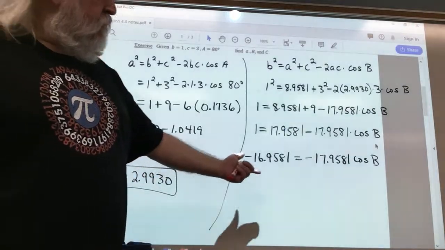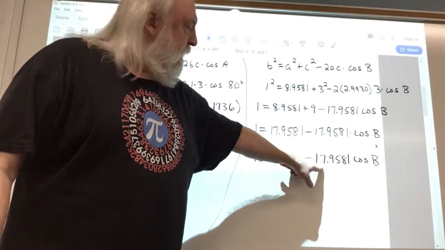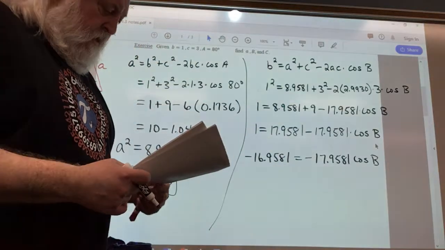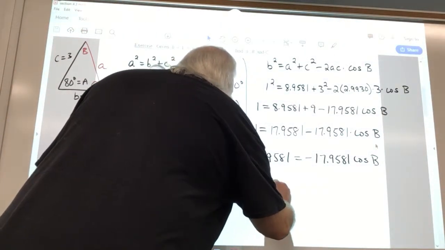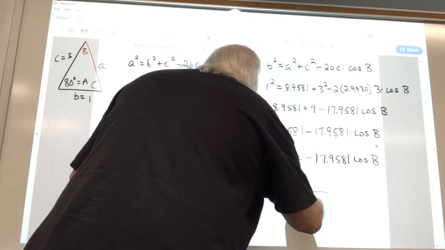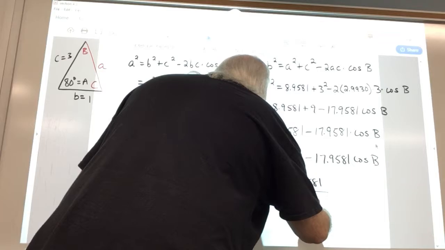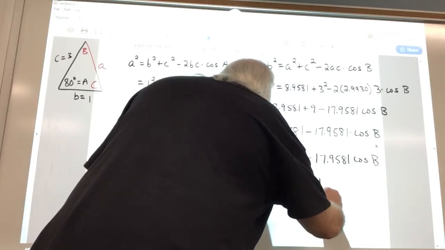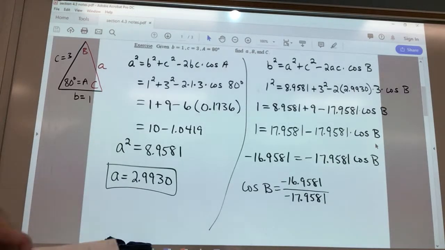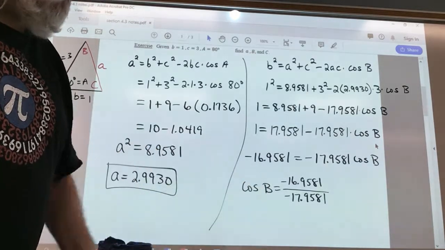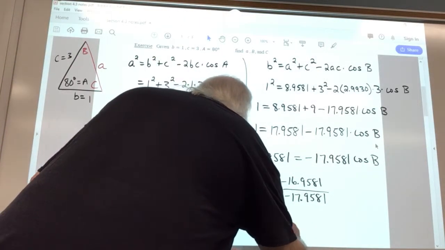And now to isolate cosine B on the right, we have to divide both sides by this factor, minus 17.9581. And when I switch the two sides of the equation, I have the cosine of angle B on the left is equal to minus 16.9581 over minus 17.9581. And when I do that division on the right, we have the cosine of angle B